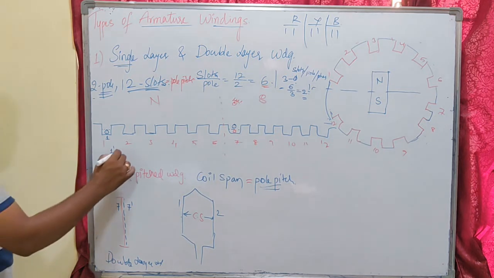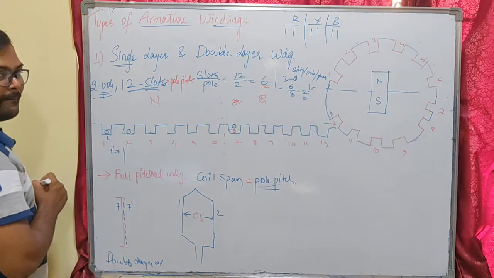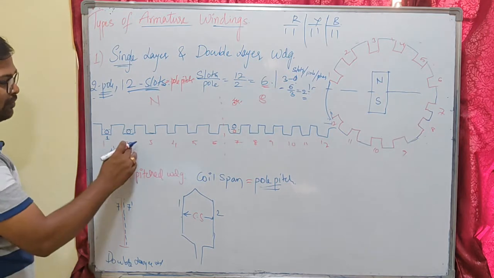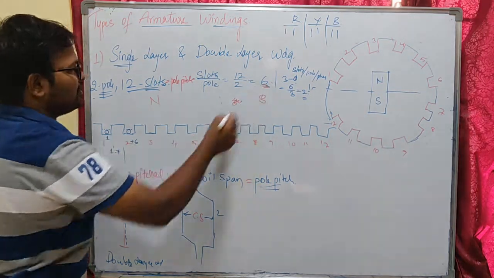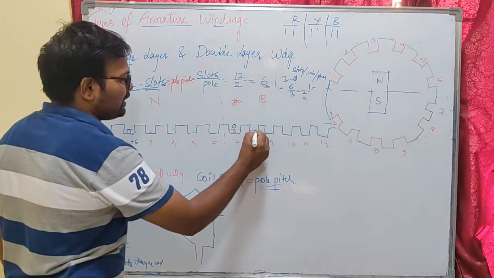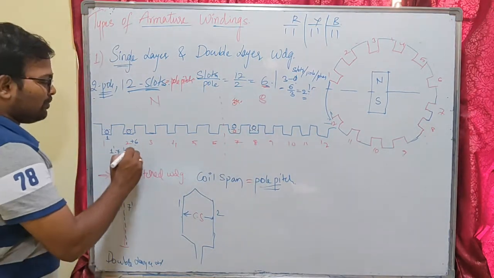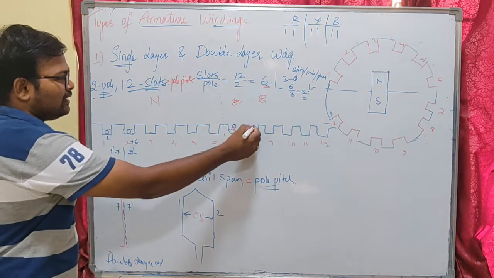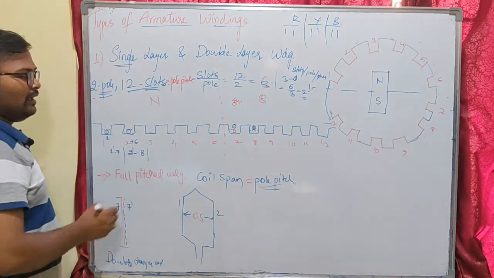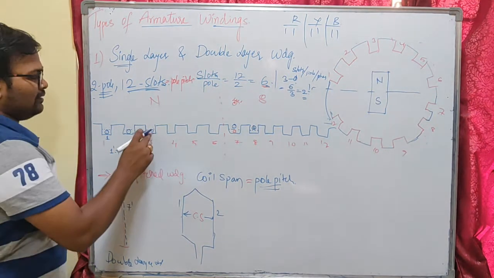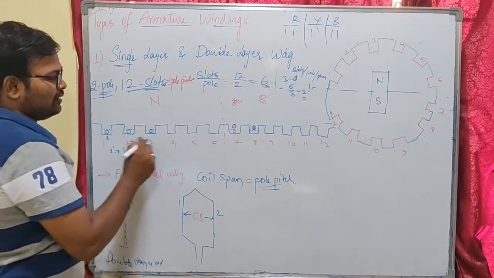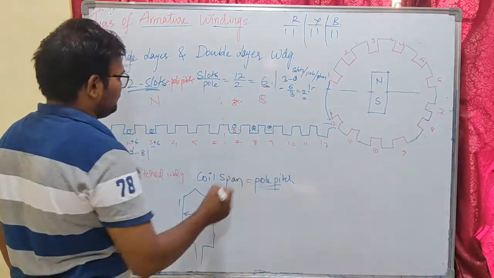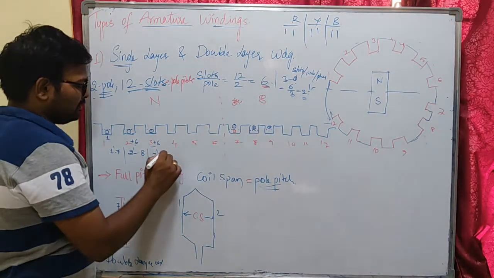This is one coil. Okay, if I keep the second coil in the second slot, I have to keep the other side of this coil after one pole pitch gap. That means 2 plus 6, and the pole pitch is 6, so 2 plus 6 is 8. I am going to keep the second coil side in the 8th slot. That will be represented as 2 dash, because I am keeping it in the lower deck, and on the upper deck it will be 8. Similarly, if you keep the third coil in the third slot, you have to keep the other coil side after the pole pitch, that will be in the 9th slot. So this will be my 3 dash 9.